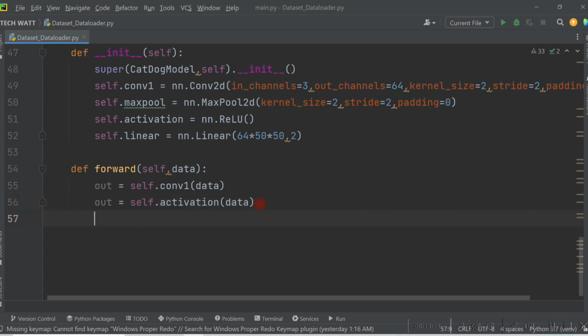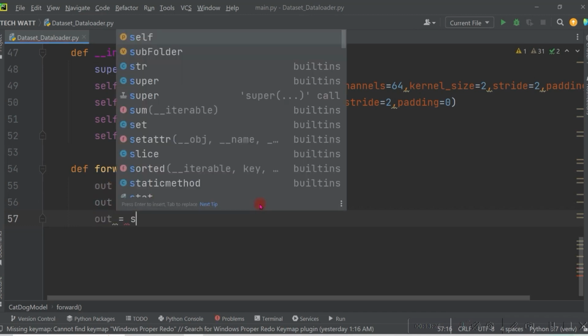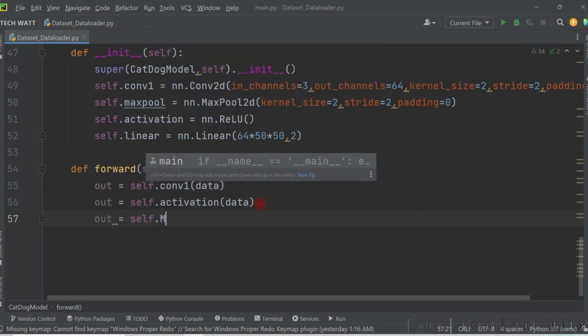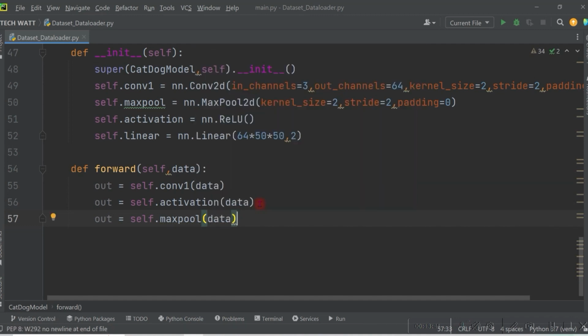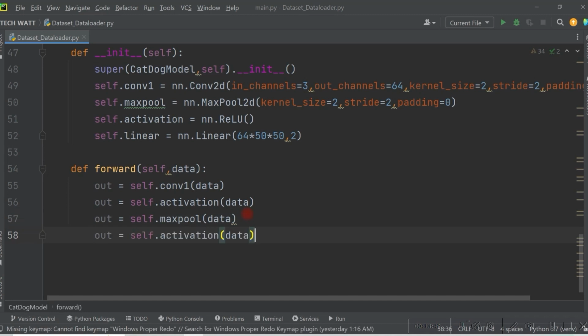And then after the activation layer, we'll introduce our max pooling layer, which is also equal to self.maxpool, and we just pass in our data. After max pool, you have to also introduce the activation layer in order to further introduce non-linearity in your model. Then finally, before we send this data into our linear layer, which is an output layer, we have to bring